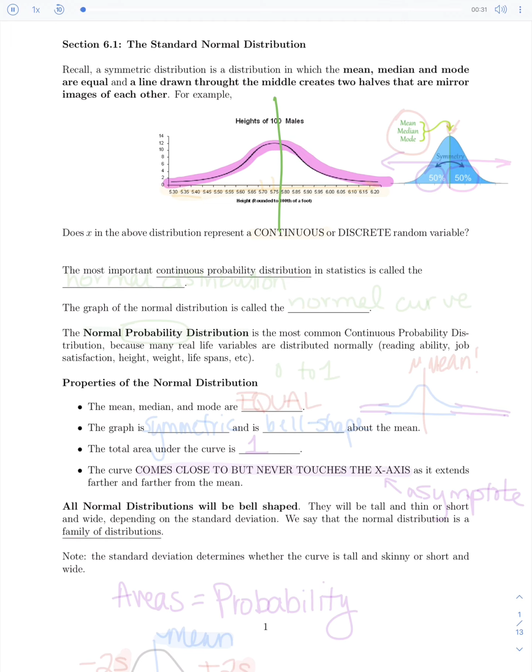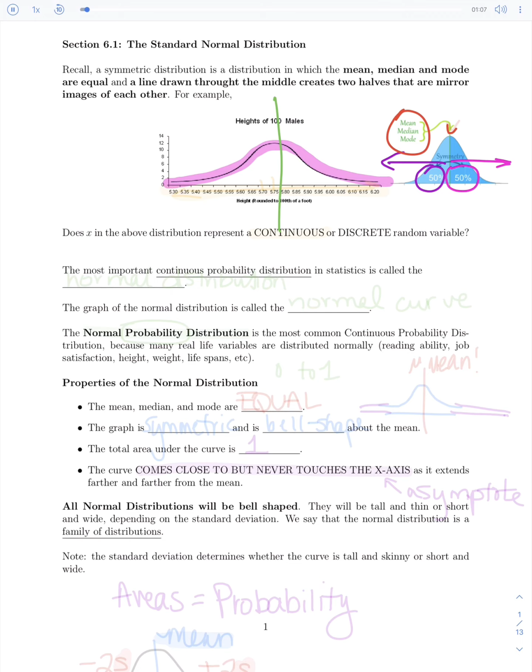And what that means is 50% of your data is on the left, and the other 50% of your data is on the right. So we've got half on the left and half on the right. And we've talked about this before, and it also means that your mean, median, and mode are all sitting right at the center, in the middle. And notice what we're going to be looking at when we look at using the standard normal curve, this bell curve, is that it is